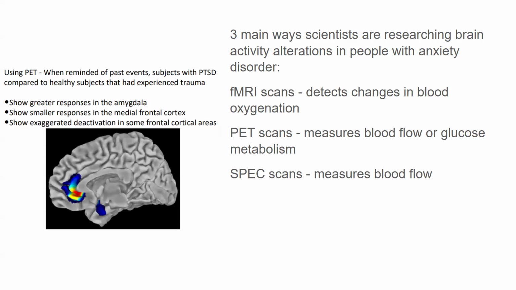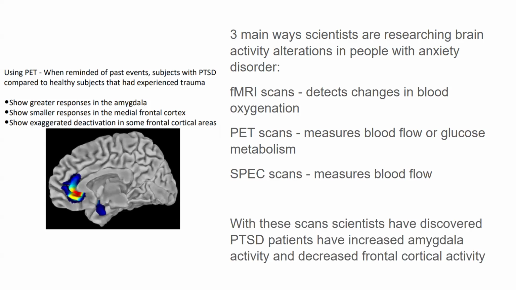So even though these three techniques work in different ways, the main goal is measuring brain activity and changes in brain activity when you have the onset of certain anxiety disorders. Using methods like this, researchers have shown that patients with PTSD have increased amygdala activity and decreased frontal cortical activity. In many human studies, these are the techniques that are mainly used. That's how researchers found that PTSD patients have these changes in brain activity. Dysregulation of circuits involving emotion and top-down control is very common in patients with anxiety disorders. Once again, increased amygdala, not surprising: people with PTSD have increased amygdala activity. Dysregulation of an emotional region in the